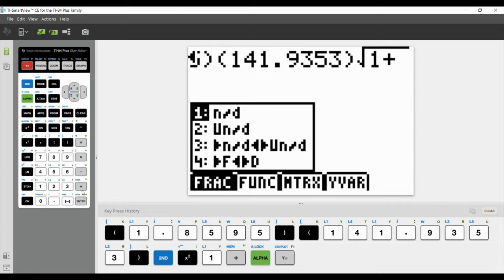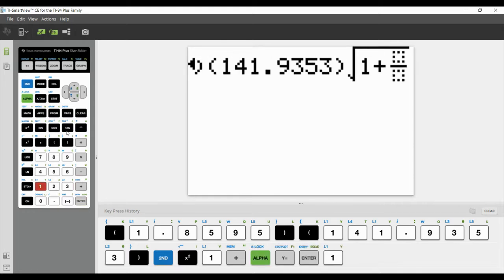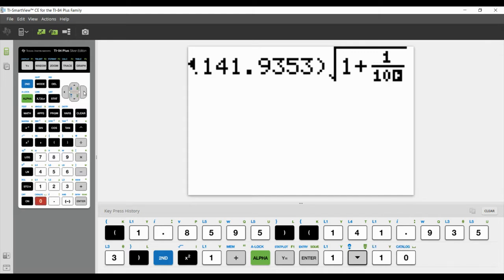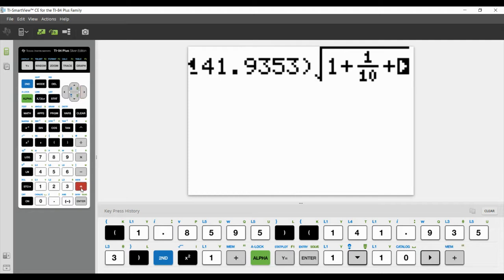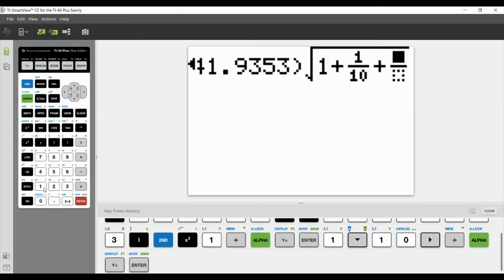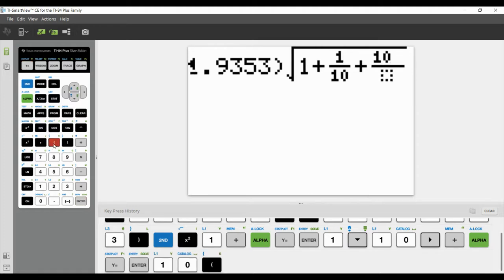So alpha y equals, it's 1 over our sample size. To get out from the fraction, you're going to hit the right arrow. We're going to add a plus sign, and then we've got another fraction. So another alpha y equals. On top, it is our sample size. So in this case, 10